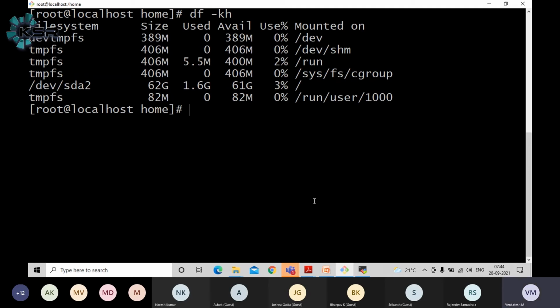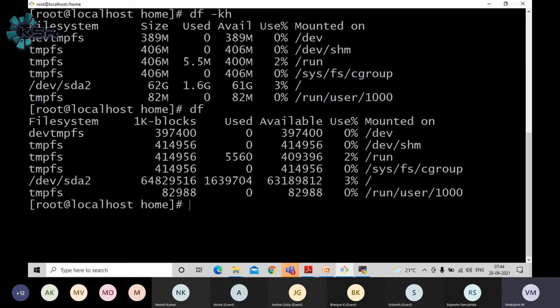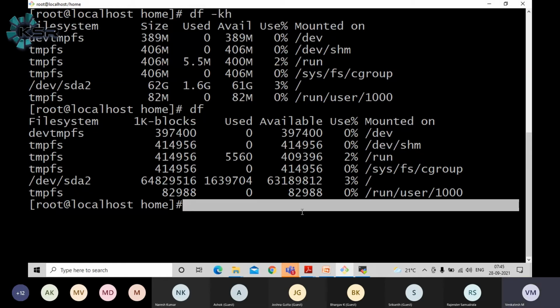Okay, guys. What does df -kh refer to? Any name we can remember. By default, if you pass df, the disk details will be printed out, guys. When you use the h argument, h means human readable format. Otherwise it comes in KBs and you can't understand what the current target is, what the size is, all these details. So just for that I'm going to use this part. That's it. Okay. Now let's move further, guys.